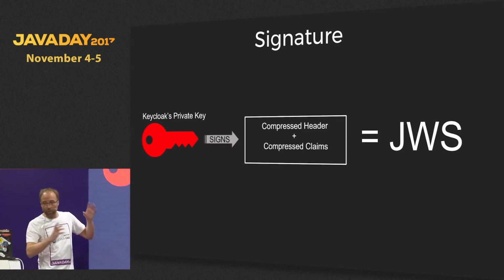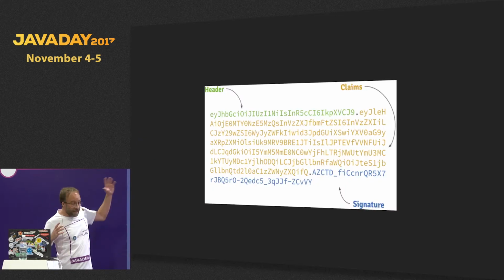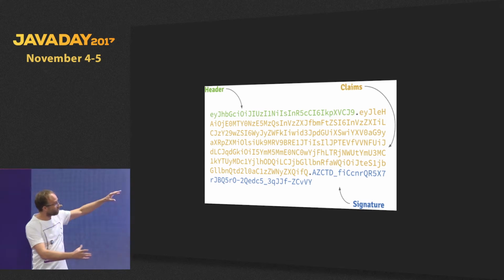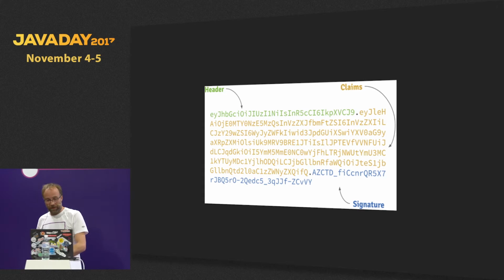And the signature will be part of this token. So basically, he will compress that in base 64. So that is a compressed token, and that last part is the signature. Signature is really important because